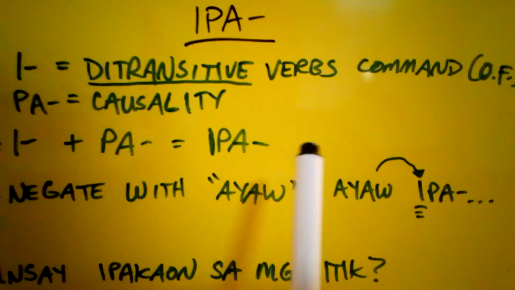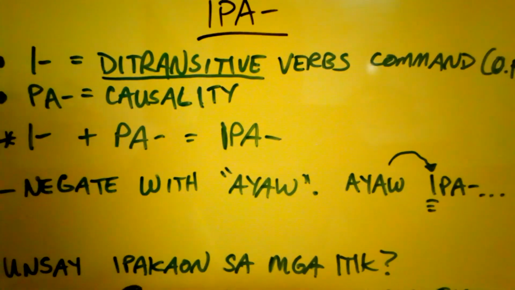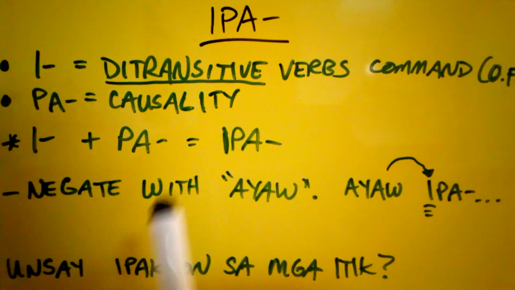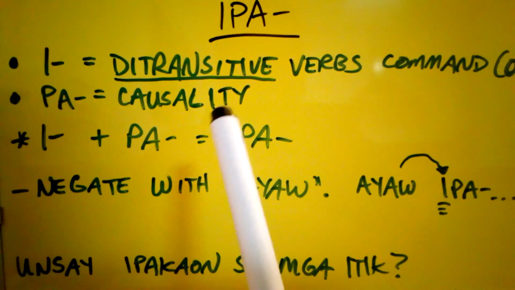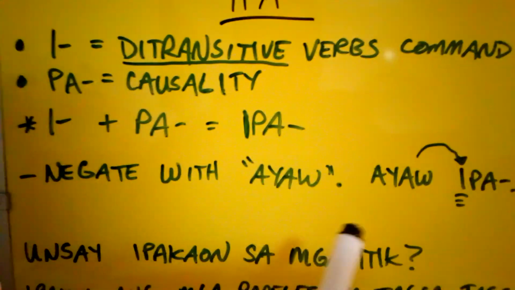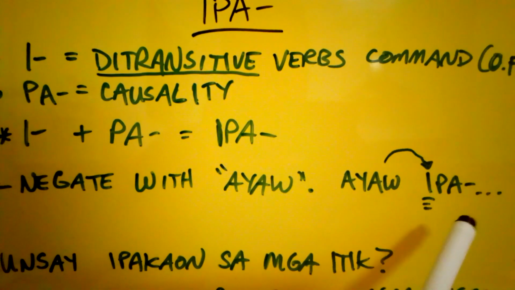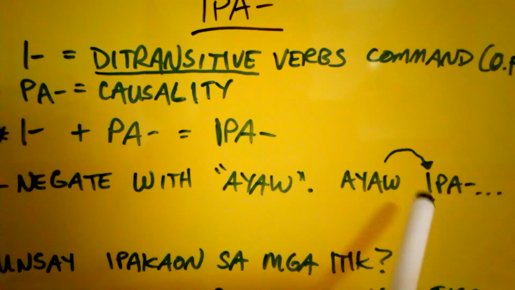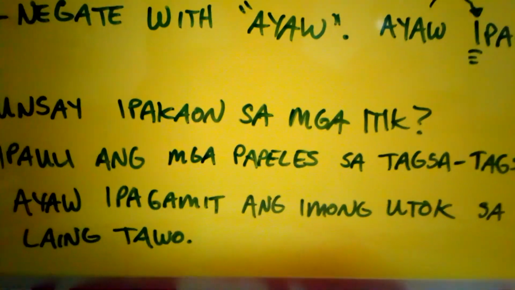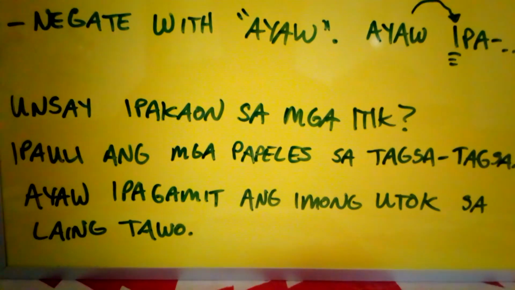And again, when you hear that E in the beginning, it's just going to indicate that, oh okay, it's some sort of command, some sort of imperative that someone needs to do something with the causality definition, or with a causal purpose. There you go. And here's the example of negating it, ayaw Eepa, whatever verb can affixate to that. And it's usually going to be a ditransitive verb that will affixate to it. What are some examples of ditransitive verbs? Well, here on the bottom, I wrote 3 sentences that can kind of help you understand